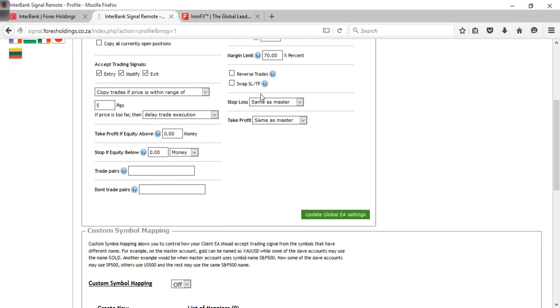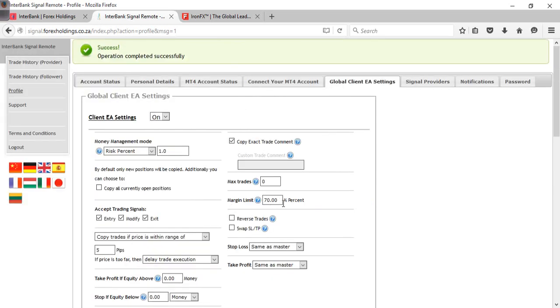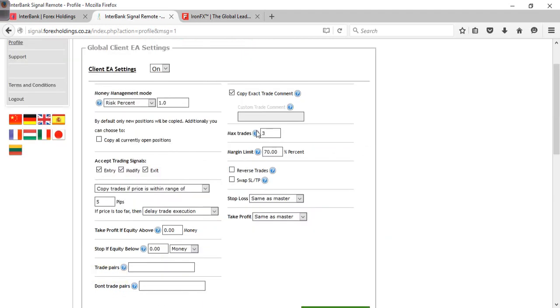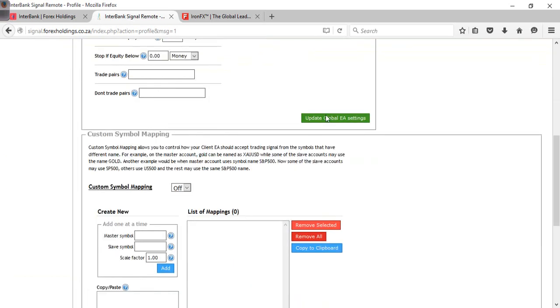The margin level, that's very important, should be at 70%. All this will come as a default, and if your margin fluctuates or is floating below 70%, the EA will close all the trades and stop trading, right? That saves you as well. Now the maximum of trades is going to be 3 trades. Like I said, we're not going to do anything that we're not supposed to do. So even if you don't have 3 trades there, we're just going to copy the maximum of 3 trades, right? Now you can update